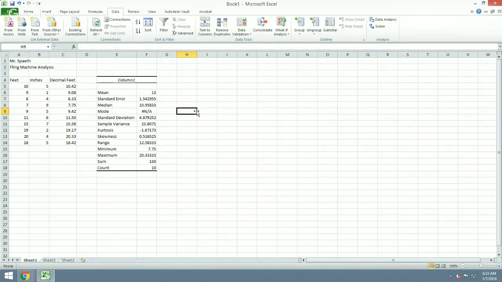Okay, from that, let's make a histogram right away. Biggest thing when making a histogram is looking at your minimum and maximum values. So it looks like I want to have a bin value that's less than 7.75, and then a bin value that goes past 20 feet. So let's start with 5 feet, and then I'll